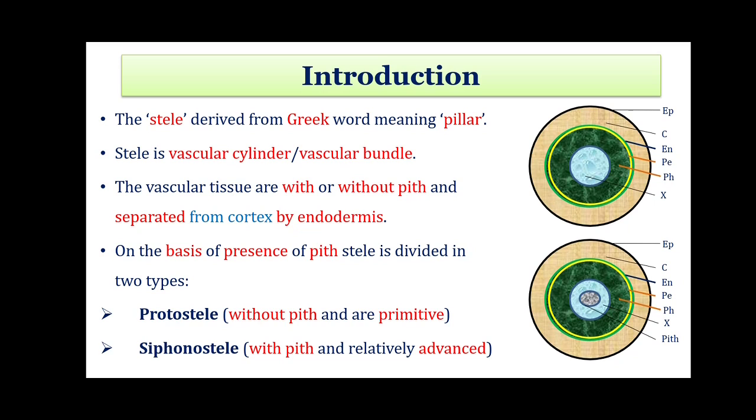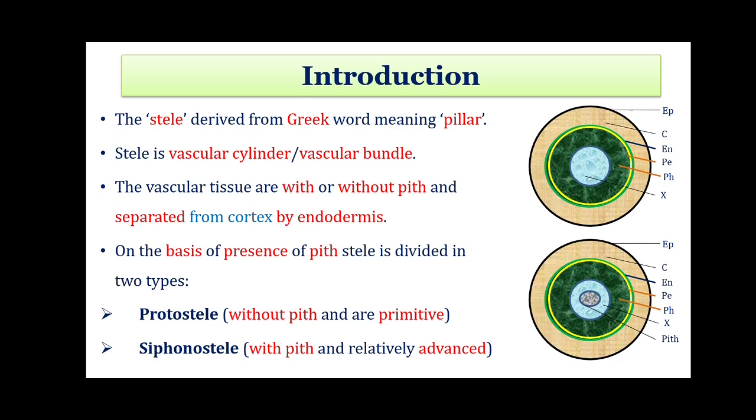In this image, you can see the abbreviated form for the different layers. EP means epidermis, then comes cortex, endodermis, pericycle, phloem, and xylem. In the first upper diagram, you can see the central part is only X, that is xylem element. But in the lower diagram, the central part is nothing but the pith. So as there is a pith, the lower diagram is called siphonostele, whereas the upper diagram is of protostele,